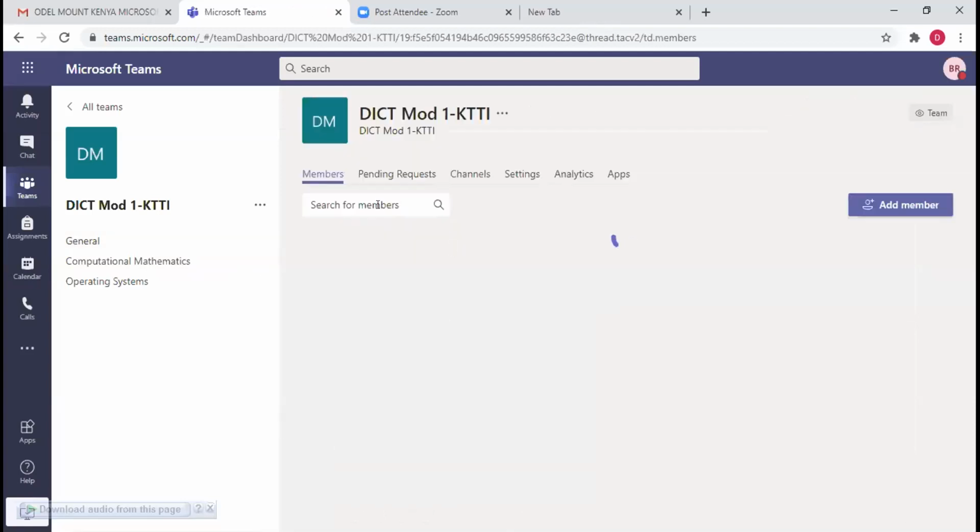I added a few members, but before the members, I also created some channels, which were actually the units offered in that module. I think it is taking long to load because of the internet connection. Don't worry, we shall wait.